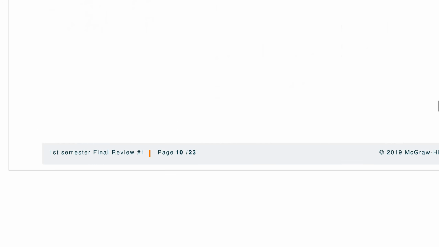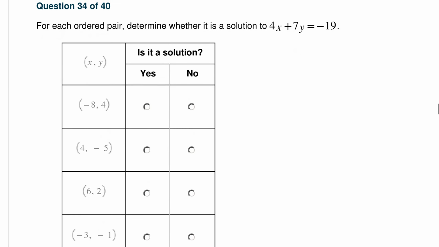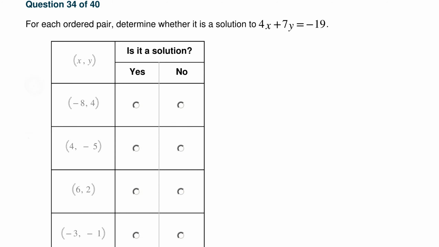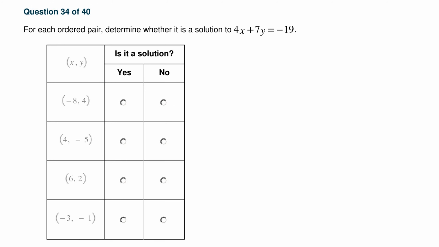Alright, we go down to number 34. For each ordered pair, determine whether it is a solution or not. So all we need to do is plug it in. Let's see the first point. This is my x and y. So 4x plus 7y equal to negative 19. So 4 times x, in this case, is negative 8, plus 7 times y, in this case, is 4,